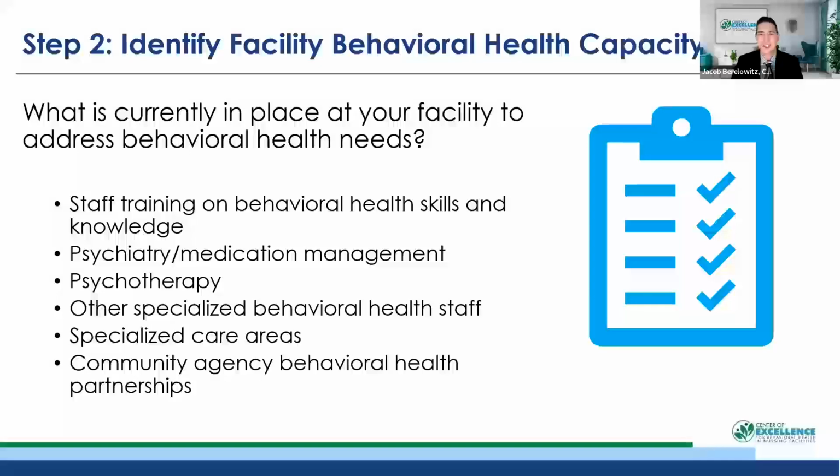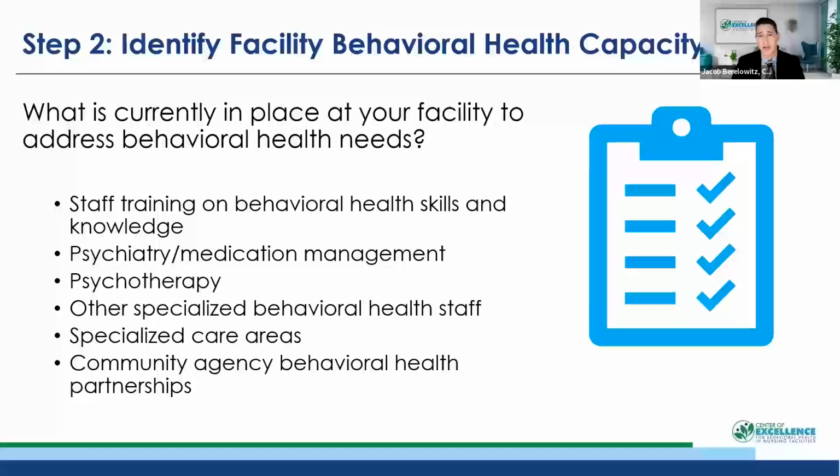We're going to take a look at our capacity to meet the needs of those residents, all of those needs that we just identified. And you may have identified that your facility has lots of residents with substance use disorders and needs related to that, but not a lot with serious mental illnesses. Or maybe another facility identified the exact opposite of that. And that'll impact what kinds of services you're looking for and what kind of capacity you want to make sure is in place in your facility.